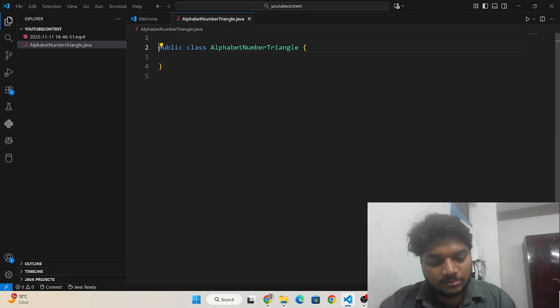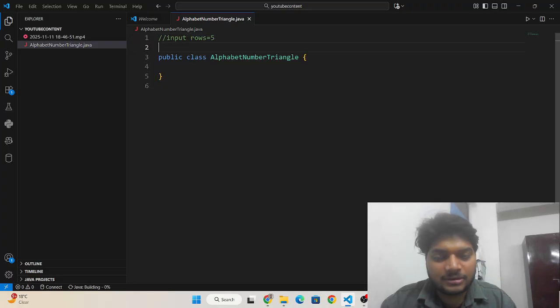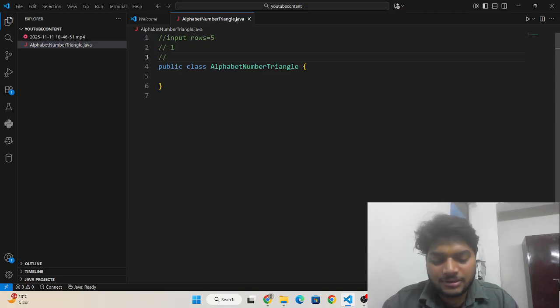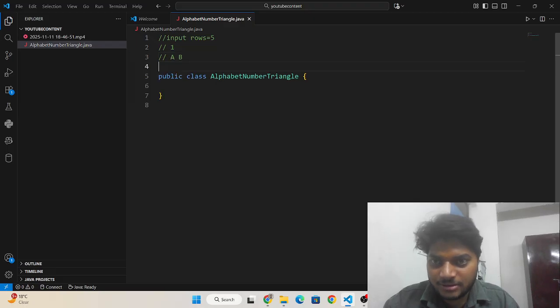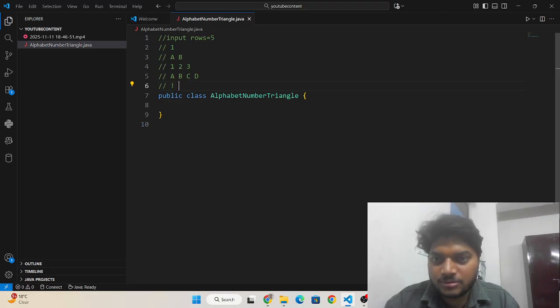I need to first explain the problem. You enter the number of rows in the triangle, like 5. Then the answer should be: in the first row it will be 1, in the second row it will be like this, in the third row 1, 2, 3, in the fourth row A, B, C, D, and in the fifth row 1, 2, 3, 4, 5.